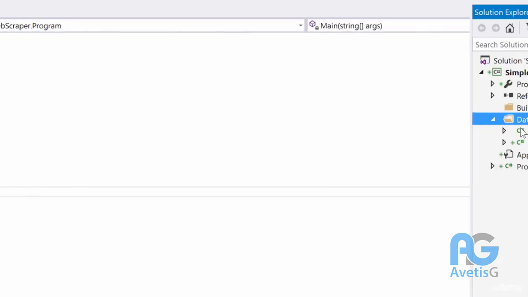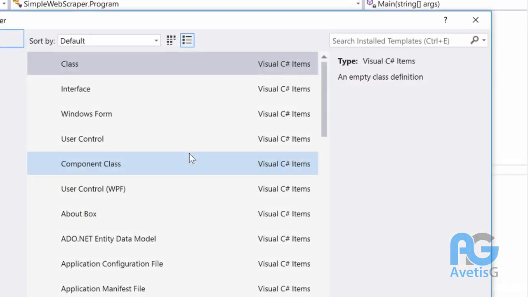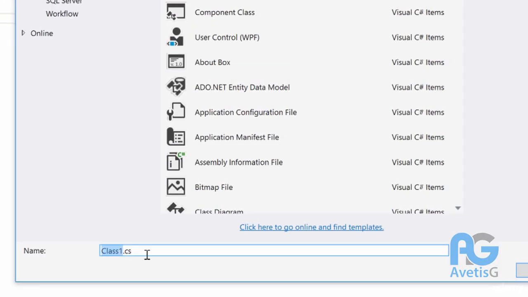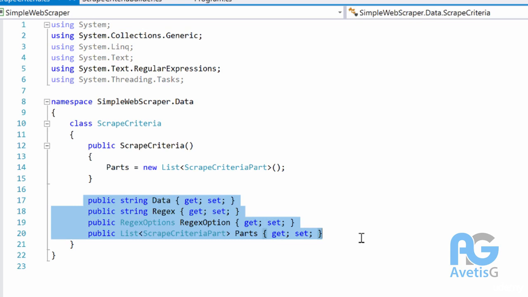Now we can go ahead and create our builders. So the data is all set. Now the scrape criteria builder. So I will go ahead and say new item, and I will say scrape criteria builder. And within that, as you remember, we're going to have our fields, we're going to have the set defaults, and then methods for setting each and every one of the fields. So let's go to the scrape criteria, get these guys just for reference,